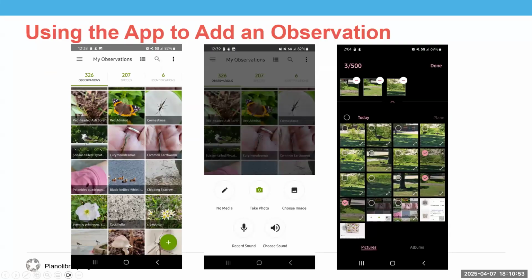I'm going to talk about using the app to add an observation. So the app is the easiest way to upload your observations, as you can use your smartphone to take pictures and then immediately upload them. I have an Android device, so the screenshots that you are about to see are what the app looks like to Android users. So it may look just a little bit different if you have an Apple device, but not that big of a difference. The process of adding an observation on the iPhone is going to be similar as well. You can view the step-by-step iPhone instructions on the Getting Started page on iNaturalist's website.